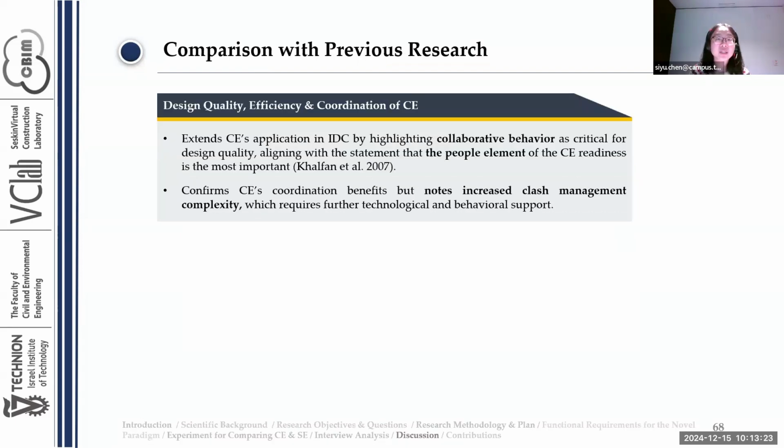And compared with the previous research in terms of design quality, efficiency, and coordination of CE, this research extends CE's application in IDC by highlighting collaborative behavior as critical for design quality, aligning with the statement that the people element of CE readiness is the most important one. And this research also confirms CE's coordination benefits, but notes the increased clash management complexity, which requires further technological